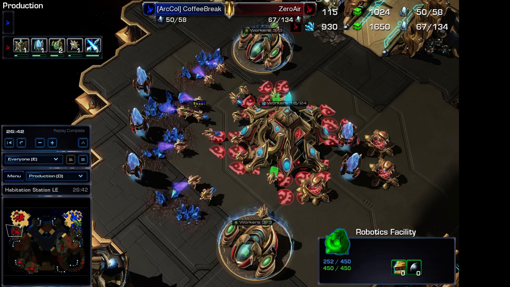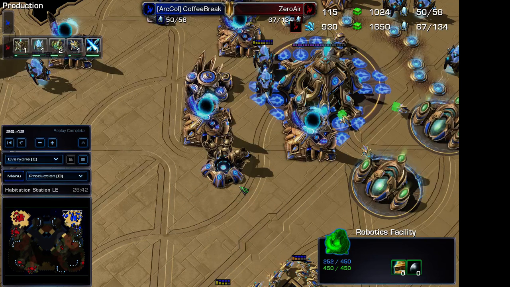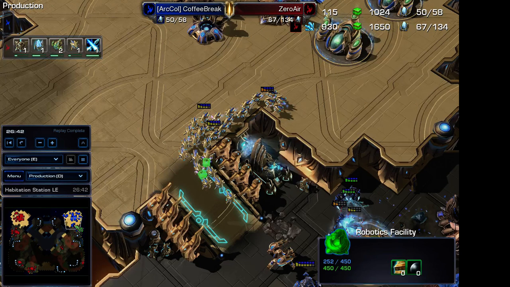So on CoffeeBreak's side of the field, as he is the one who lost this game, what could he have done better? Detection early, in my opinion, would have been a better choice. The Stargate was very poorly chosen compared to what his opponent was doing. A robotics facility would have been better, with an observer coming out first, so that DT push that originally did so much damage would essentially not have done the damage that it did,